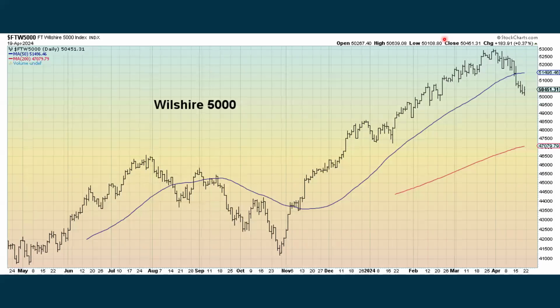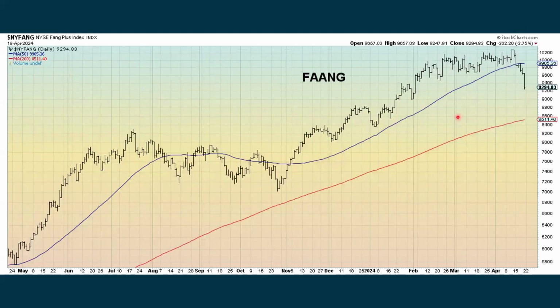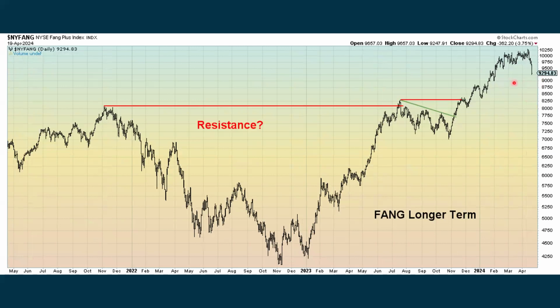This is another broad market measure called the Wilshire 5000. It dropped below its 50-day moving average as well. It was actually up slightly on Friday, but it has been showing some weakness. The FANG index, this is Facebook, Apple, Amazon, Netflix, Google, Nvidia's in there somewhere, and the big high flyers, the Magnificent Seven. It's still in an uptrend, but it fell underneath its 50-day moving average and has been showing some weakness. And then if we do continue to fall, I'll be trying to find some area of support